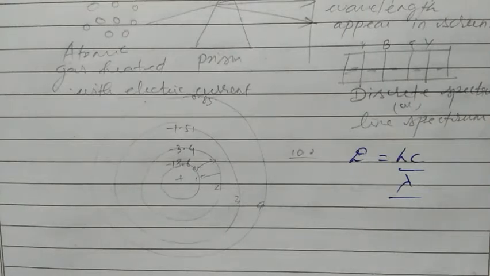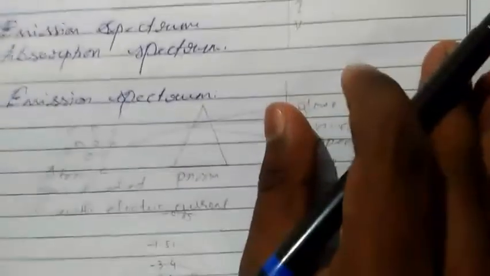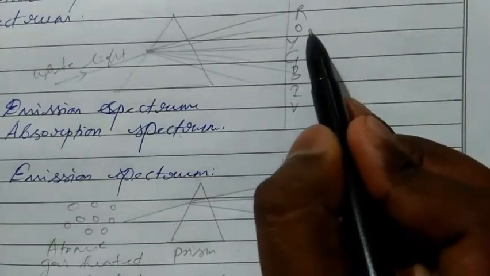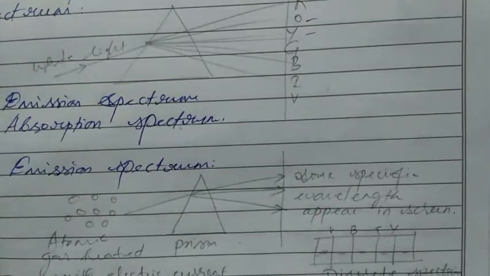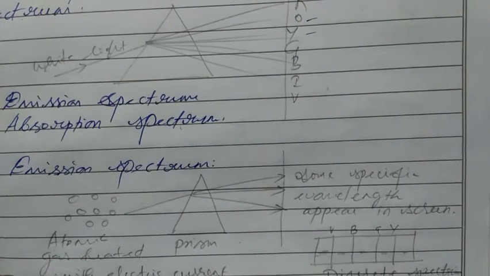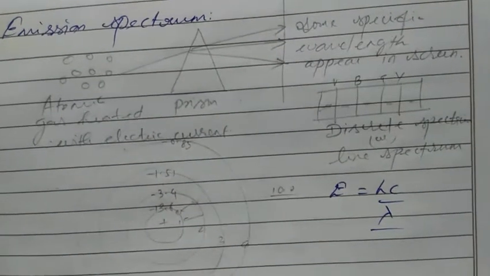Okay, for example, if you take red color is 7000 angstrom, red color. If the 7000 angstrom will increase, then we have dark red, very dark red, like that we have colors. From 7000 angstrom, the wavelength will decrease, then the color will change. It becomes orange, okay, in VIBGYOR. So when the wavelength decreases, it will become orange, yellow, like that. Okay, so only the wavelength is the factor which decides the color. So wavelength only decides the color.